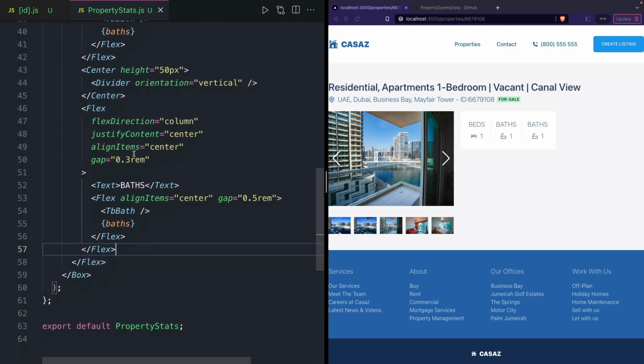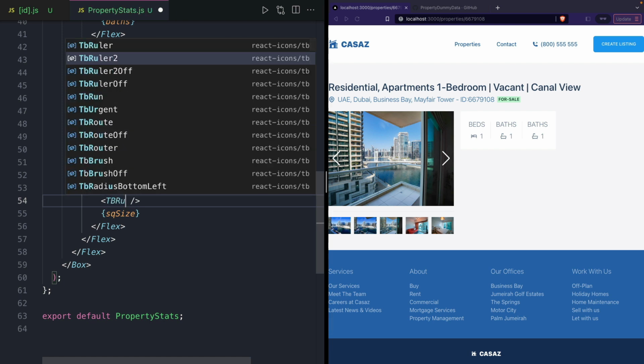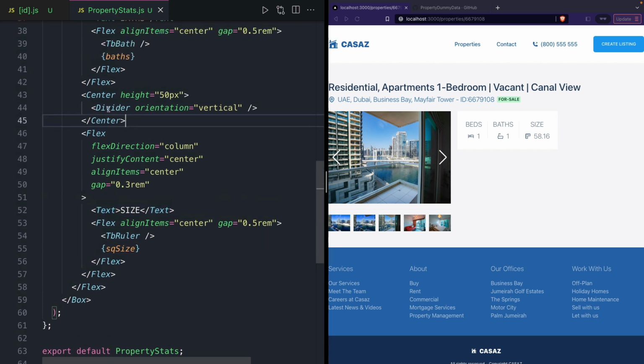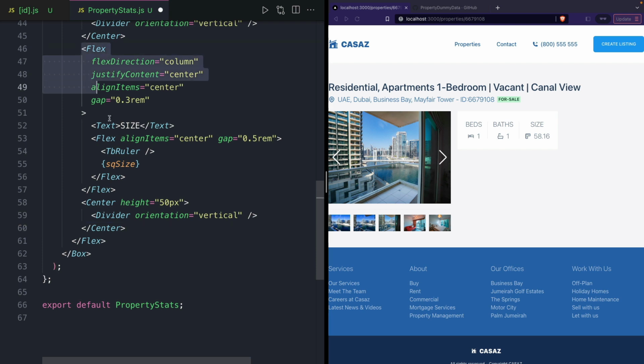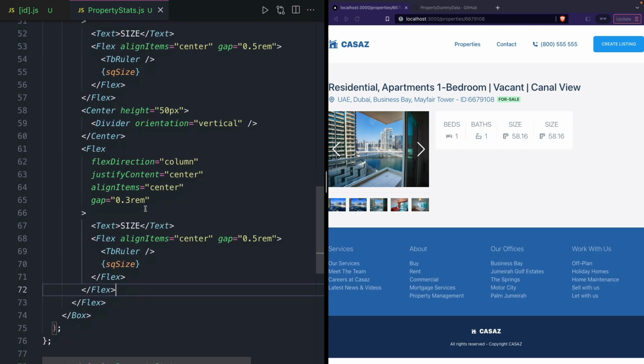Okay, so next one is going to be size. And that was from SQ size. And the icon is going to be TB ruler. Perfect. And then the last one, take our divider, place it after size, and then copy our flexbox and place it after divider. And this one's going to be price,